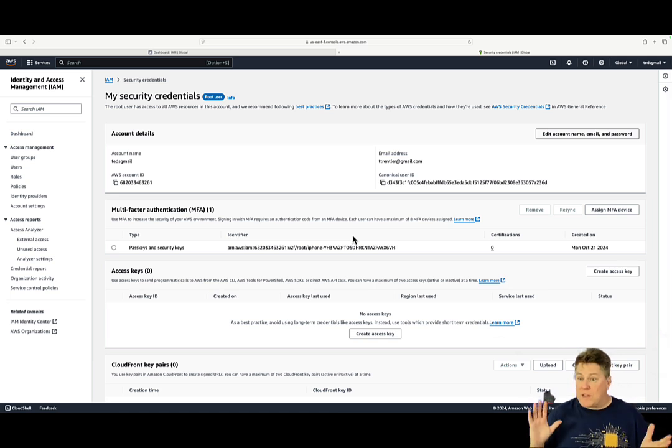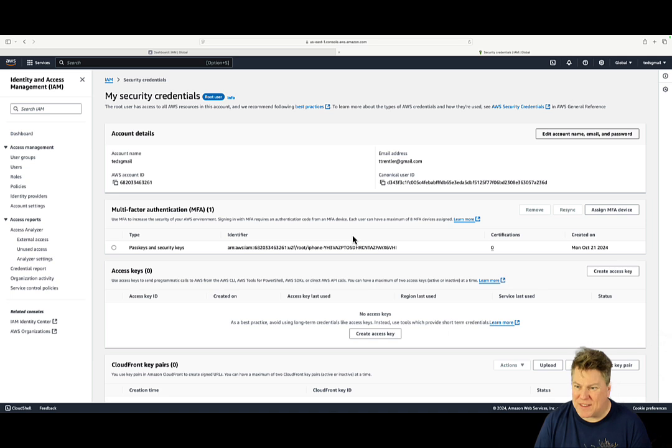Now, I could use other things. I could use things like Google Authenticator if I wanted to. So I've locked down my root account here by using MFA. What does that mean, multi-factor authentication? Well, that means besides providing a username and a password, it's also authenticating that I have a device with me that is trusted. Now, the other thing about our accounts, we typically don't want to use the root account